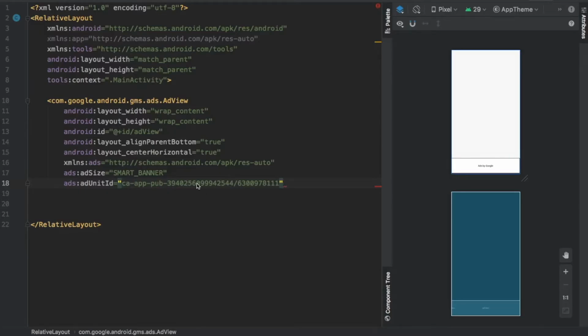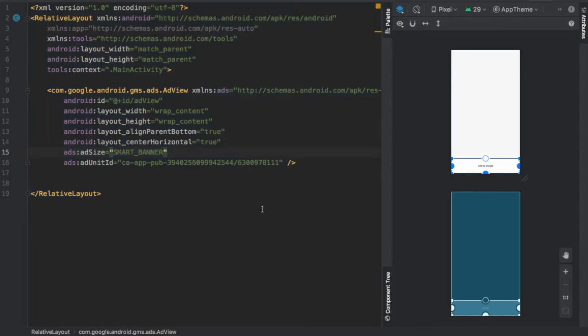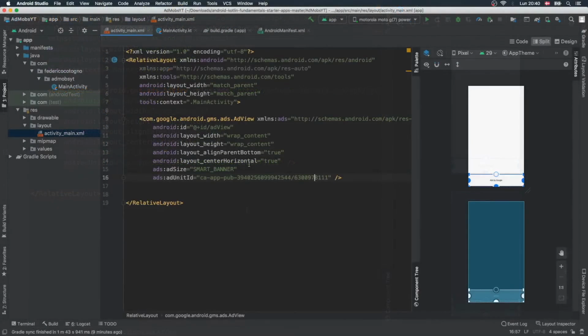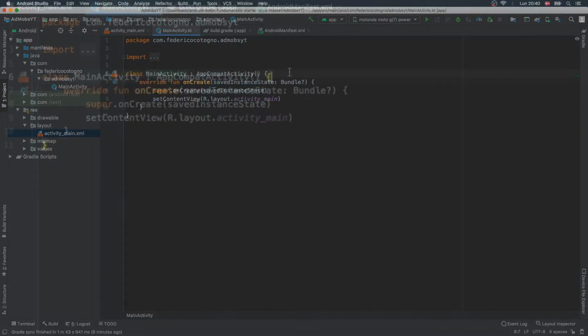This is another sample key that Google provided me, so I would not get banned from their system. And then we can close this. And let's just tidy that up with Command plus Alt plus L. But after we've created this XML file, we can go to our main activity, and inside here, we will start